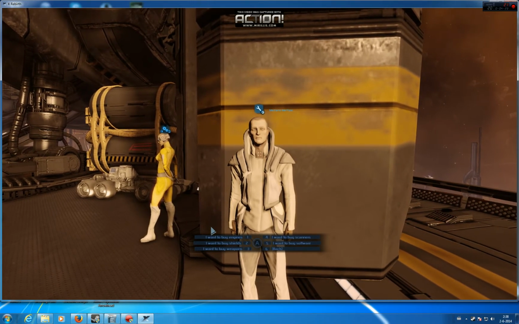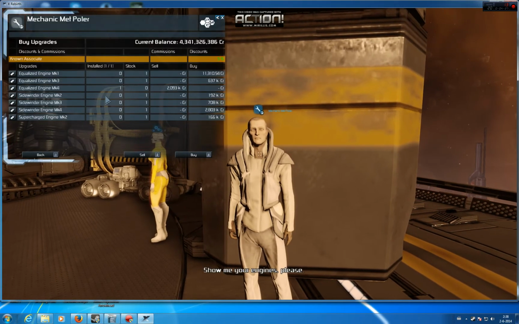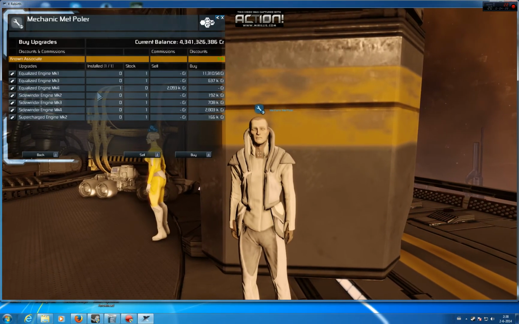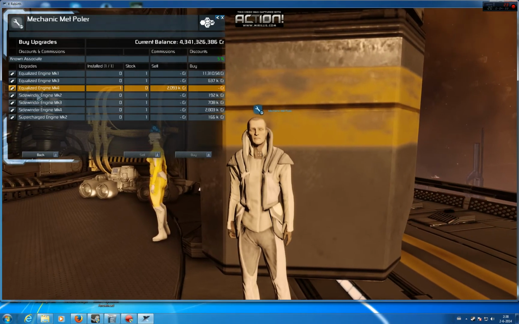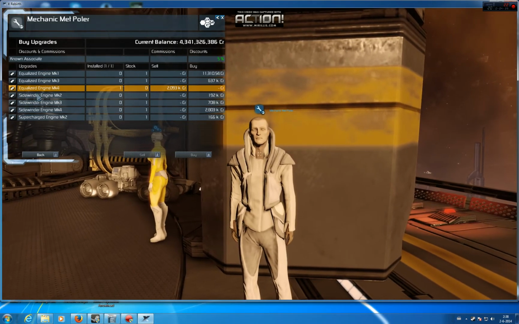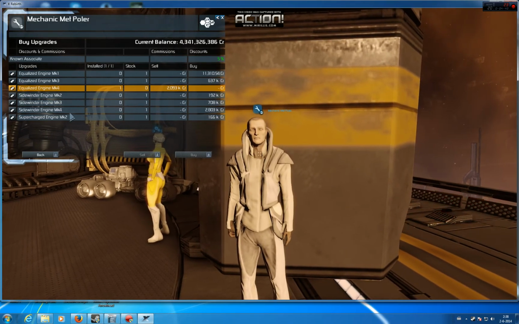Depending on the situation you're in, I'll get to that in a moment. Show me your engines, please. Here you go. As you can see, I already have a Mark IV engine installed. But depending on the situation you're in, like you're fighting a big capital ship, you might want to have a little bit more power or better